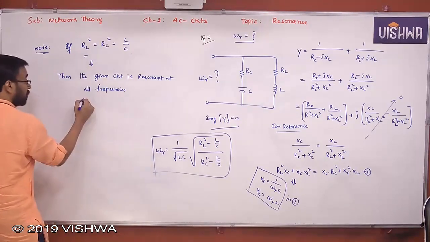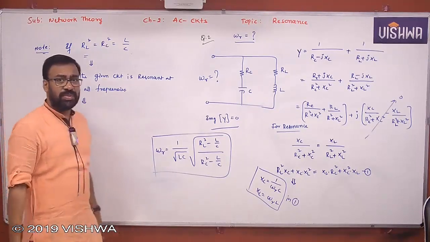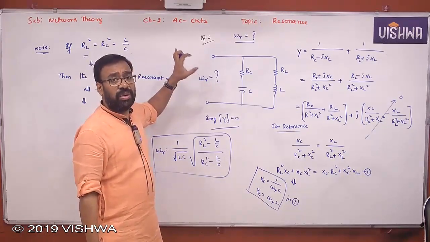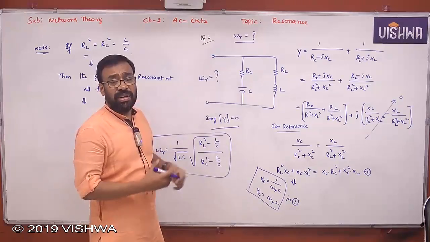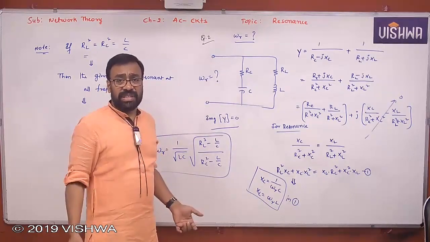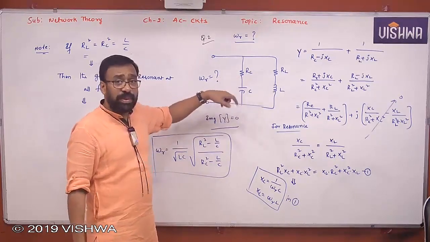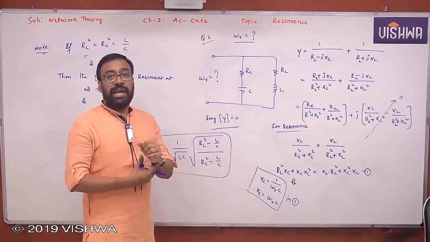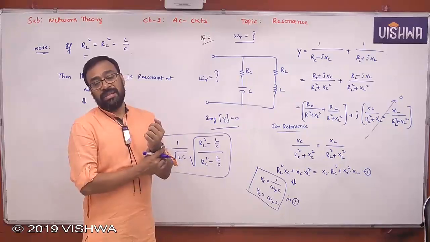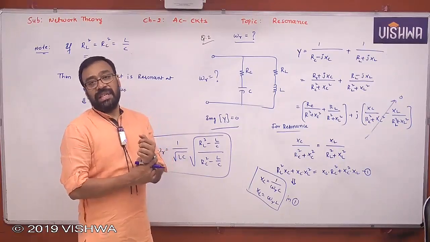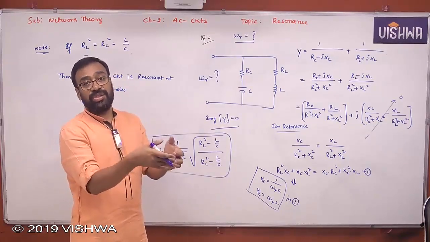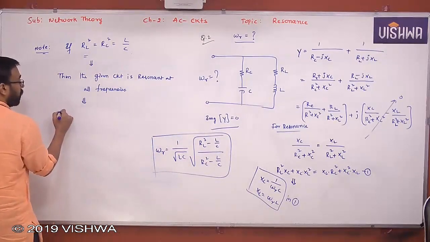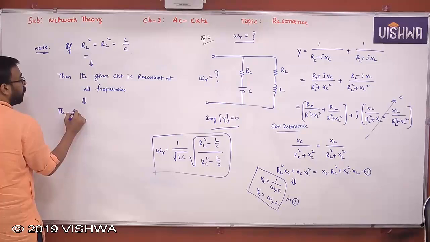Understand all of it? That means at all frequencies it is resonant, meaning what? Omega equal to 1 radian per second it is resonant, omega equal to 2 radian per second it is resonant. That means the circuit is resonant for all frequencies, so the entire circuit is independent of frequency. Yes or no? Even if you change the frequency, at every frequency it is resonant, so there is no change in the condition of resonance in the circuit. Therefore, you can say the given circuit is